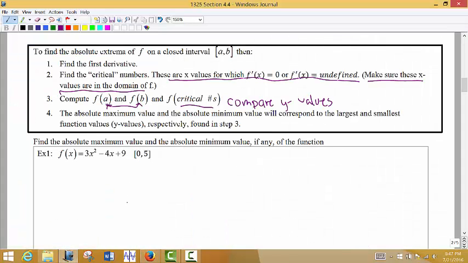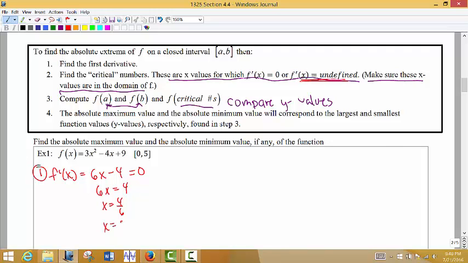So a big part of finding absolute maxes and mins is testing what the y values are at those boundary points. The first thing we're going to do is look for the places on the graph that have those horizontal tangent lines. So we're going to find the first derivative, and then set it equal to 0. Step 2, we find those critical numbers by setting that equal to 0. We know it's not going to be undefined because it's a polynomial function. So we're going to solve for x,